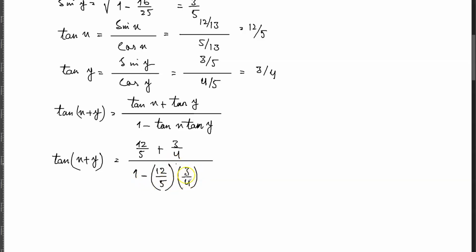Now you can calculate this here as basically the LCM. For example, 20 divided by 5 is equal to 4. 4 times 12 is equal to 48, and 5 times 15. And this is the same thing as I can simplify this as